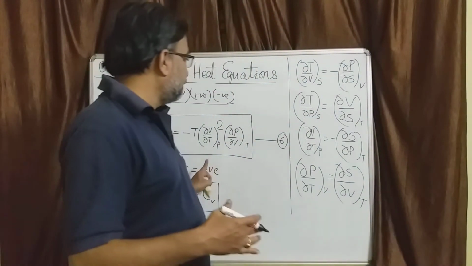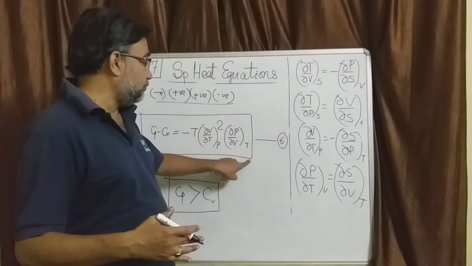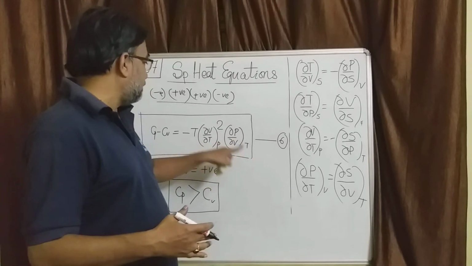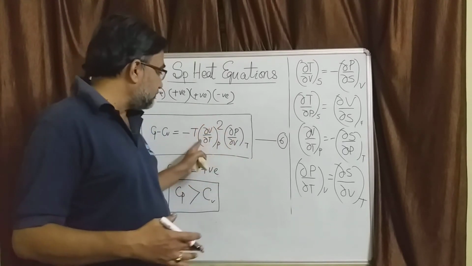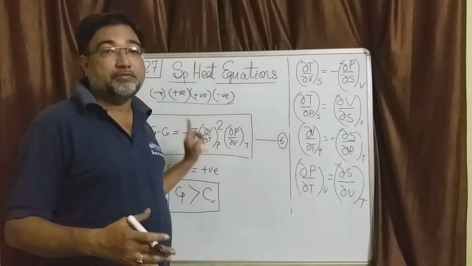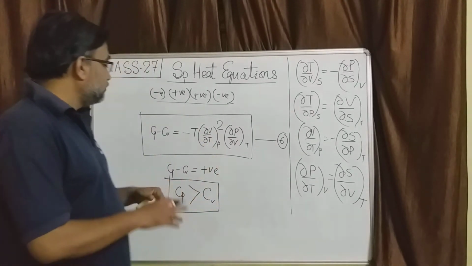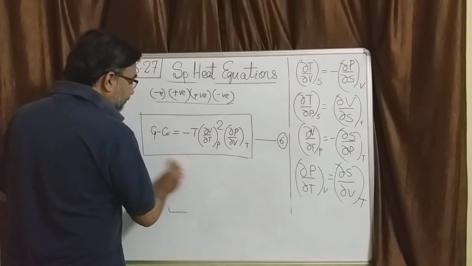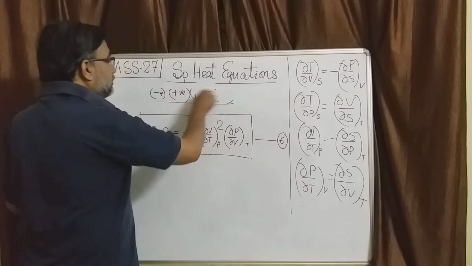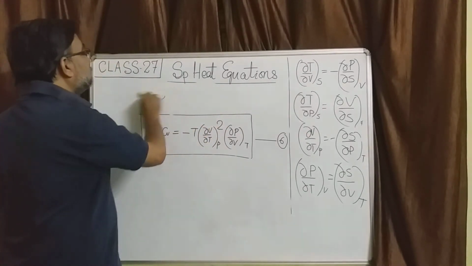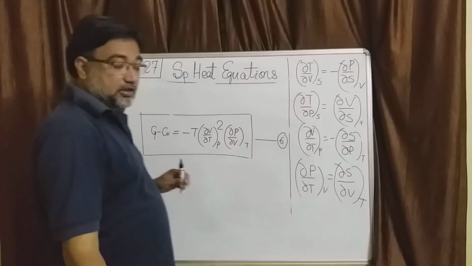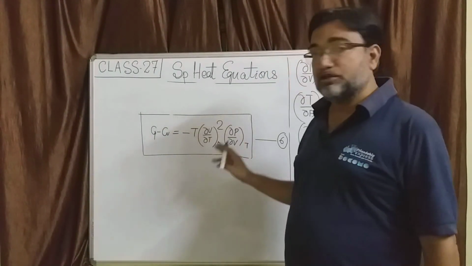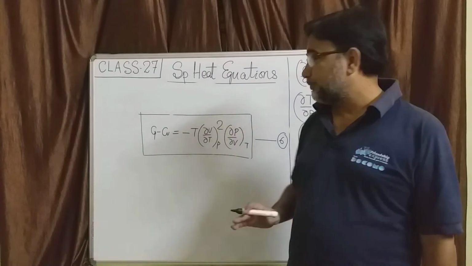So today we saw, starting from the TdS equation, we derived the specific heat equation, and from the specific heat equation, upon analysis of individual terms, we came to know that Cp minus Cv is positive. So Cp minus Cv is greater than 0, and Cp is greater than Cv. So very often you are asked in the examination to derive the specific heat equation. So you have to derive this one starting from the TdS equation. Once again I am telling.